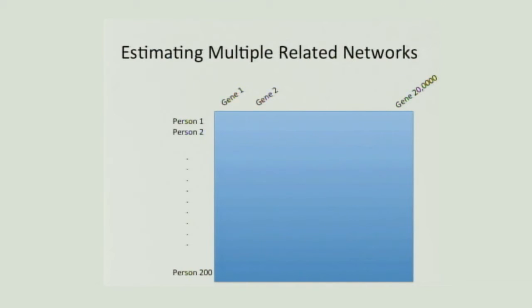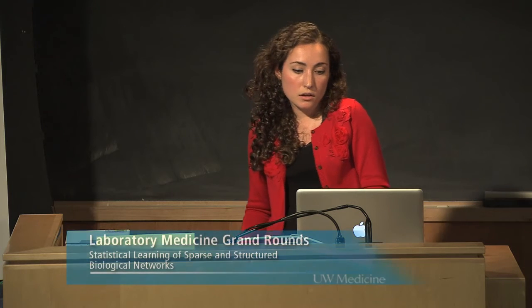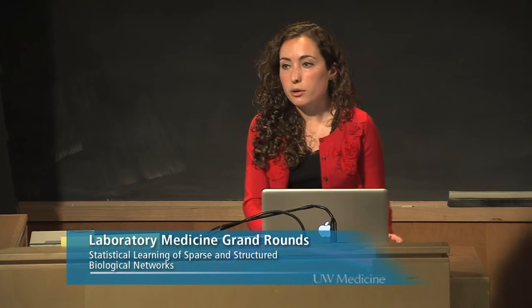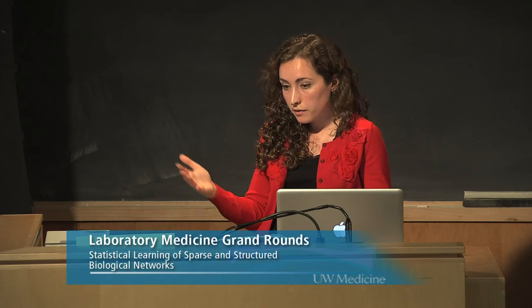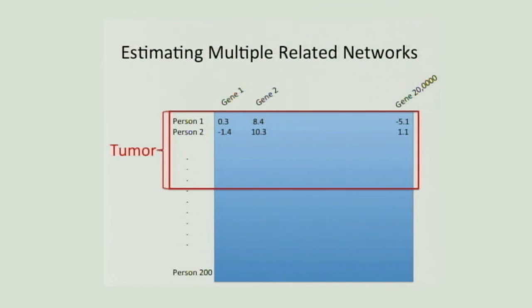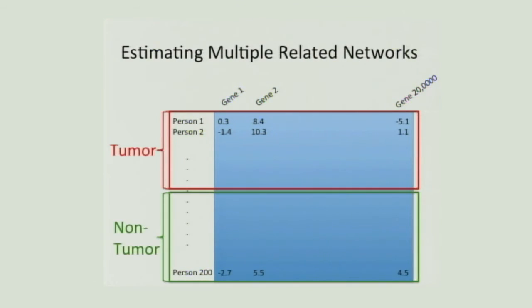So I just briefly now want to talk about more recent work which involves joint estimation of multiple networks. The setup that I've been talking about is you have 200 tissue samples and 20,000 genes and you want to estimate a network. But of course, for a number of reasons, this doesn't correspond to many scientific studies. One reason is that typically we don't have 200 independent samples from the same distribution. Normally we're doing some kind of comparison, right? So maybe half of our tissue samples are tumor samples and half of them are